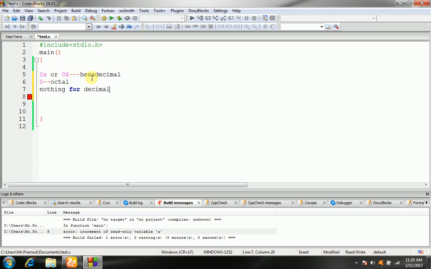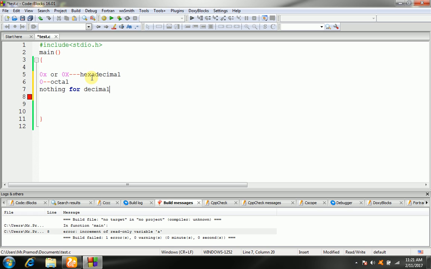Integer literals can also have a suffix that is a combination of u and l for unsigned and long respectively. The suffix can be uppercase or lowercase and can be in any order.